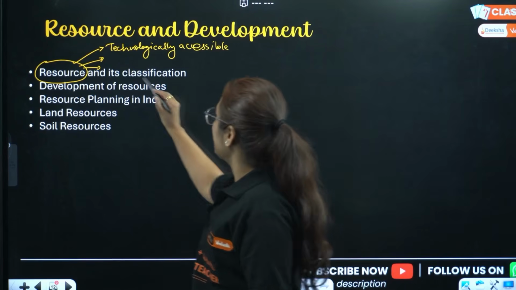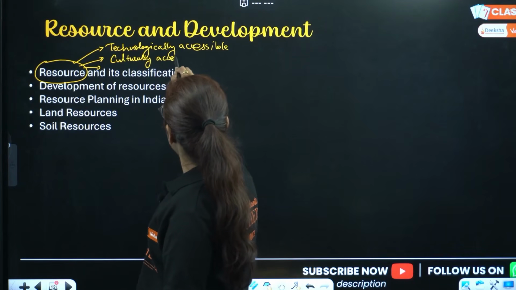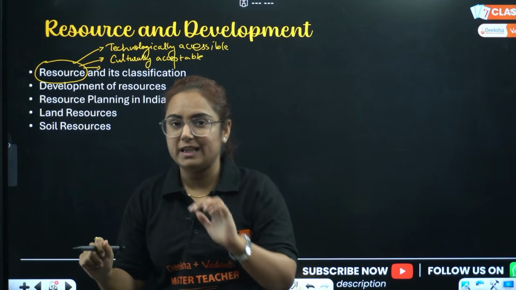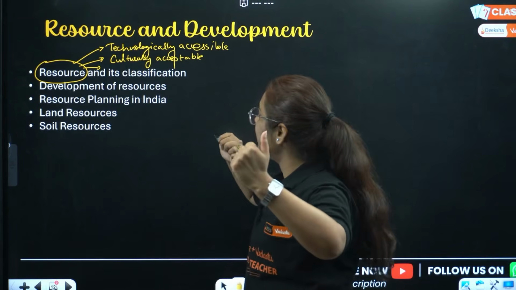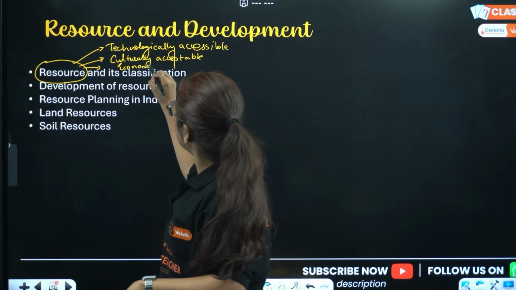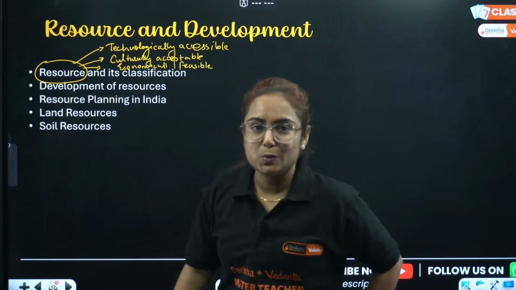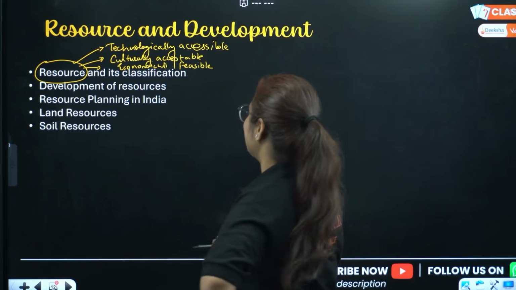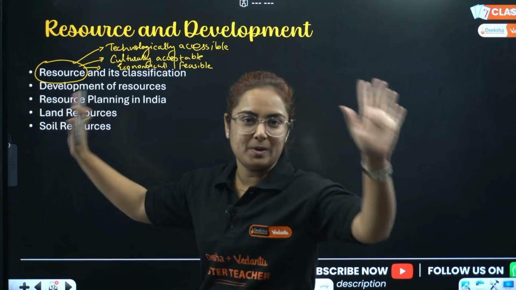Then it should be culturally acceptable. It should be what, my dear students? Culturally acceptable. Like initially when Western culture came to India, it was not accepted, hence the things produced there were not a resource for us. And the third one is, so technologically accessible, culturally acceptable, and economically feasible too. That means our pocket should allow us to buy that product, otherwise it is not a resource for us. Like the Lamborghini driving on the roads is not a resource for me, because I can't buy it. Hope one day. However, no materialistic approach.